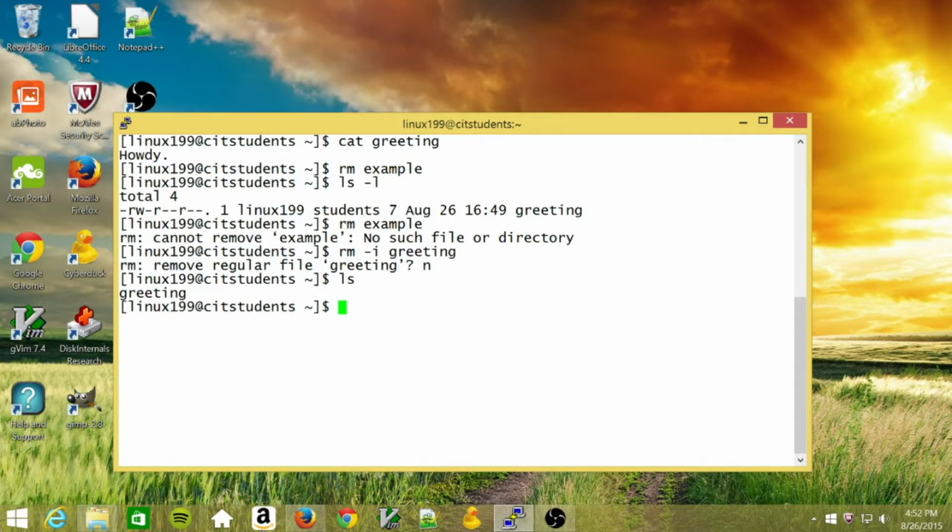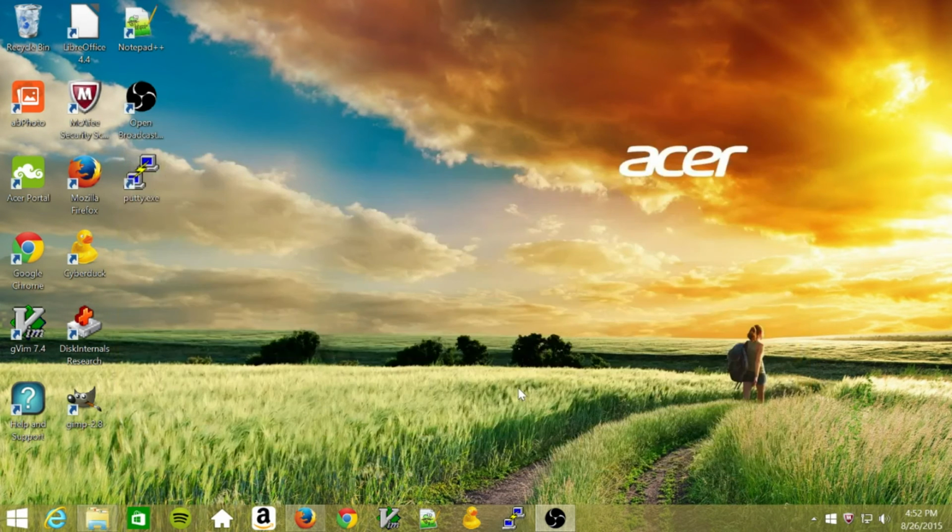This is a brief introduction to how to sign on to Linux and how to use the basic commands. This is stuff you'll be using all semester. When you finish your session, all you have to do is type exit, and you're back in Windows to do whatever you wanted to do.